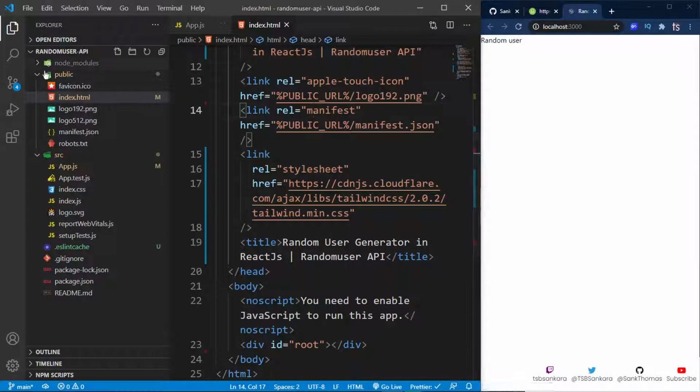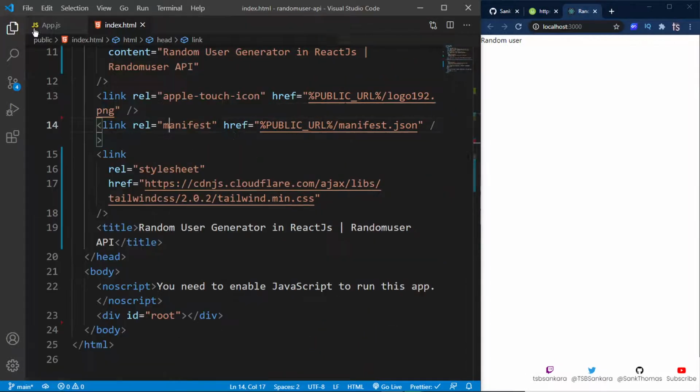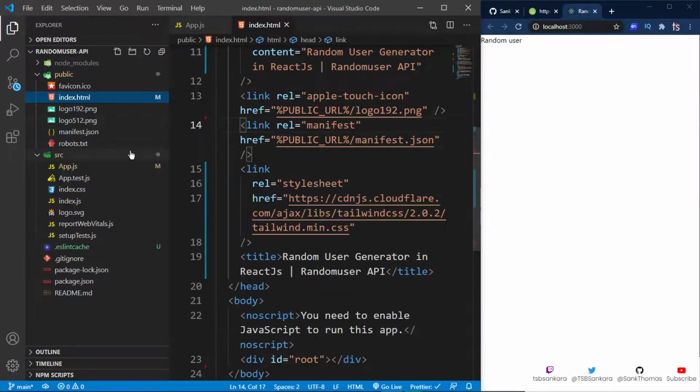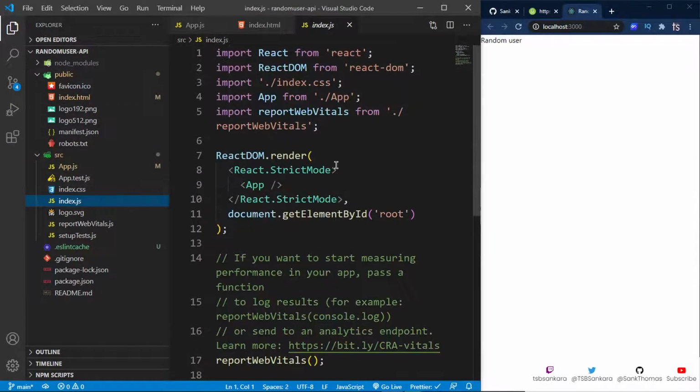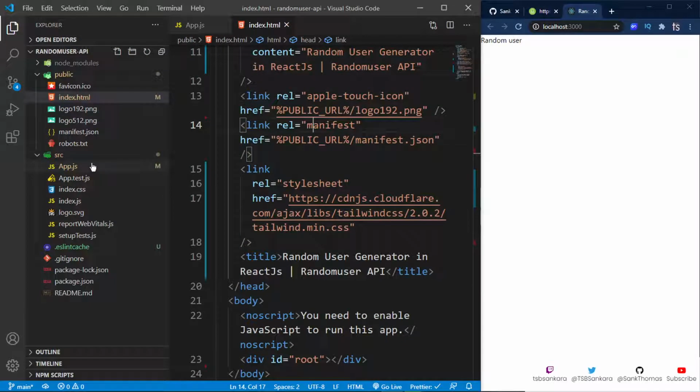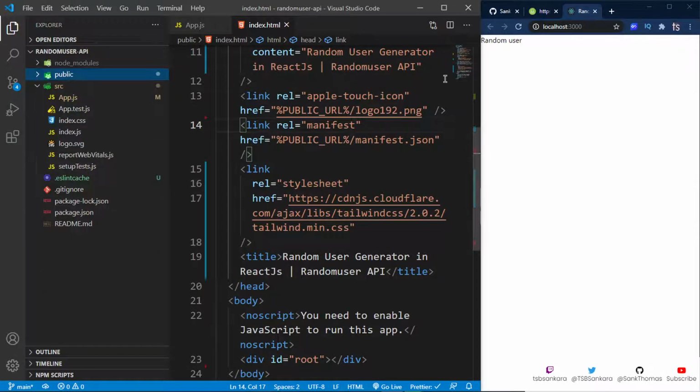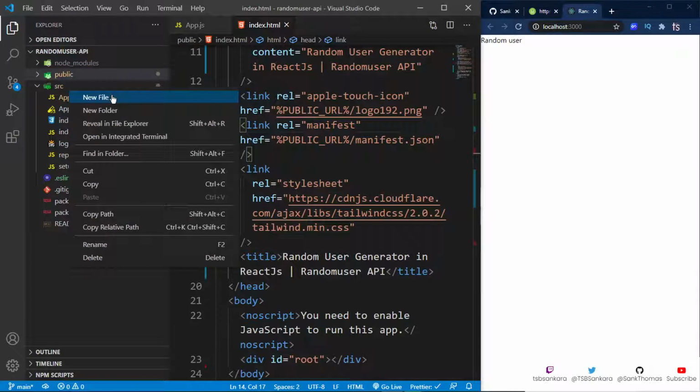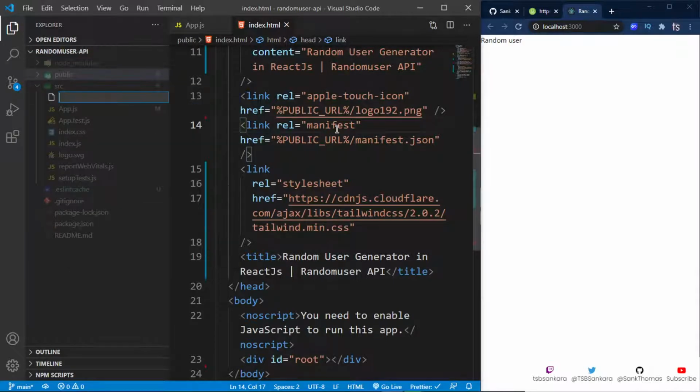Okay, so the next thing that I want to do is, let me see, we don't need this file. Okay, so let's just begin building the application. So I'm going to go into my source folder, and I'm going to create a new file. It's basically only one file that we need, so I don't want to create a components folder. So I'm going to call this file